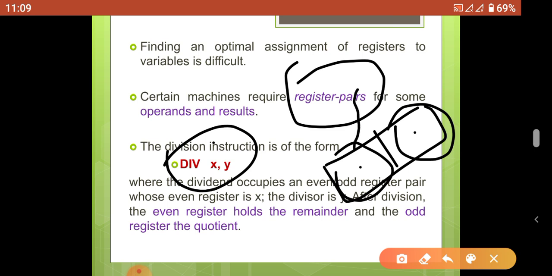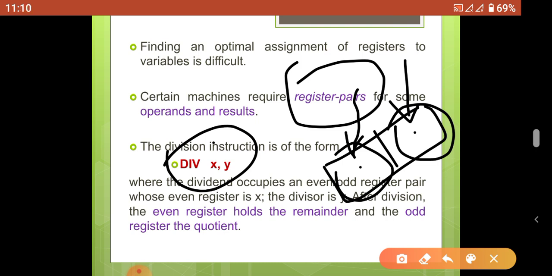The result, that is the quotient, will be loaded into one register of the register pair. Next, the remainder will be loaded into the other register in the pair. So some operations return two kinds of outputs. For that purpose, we need to allocate two registers, like the odd and even registers.